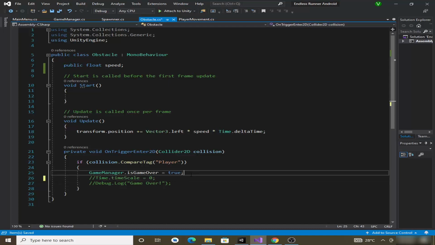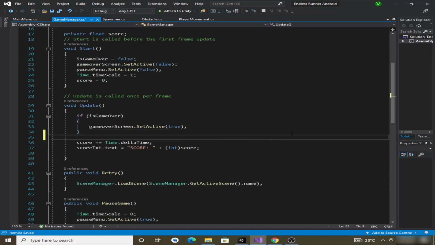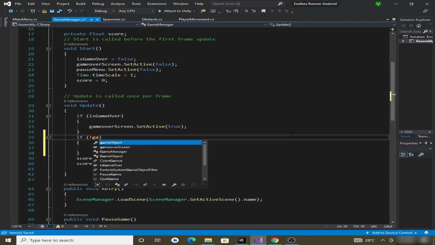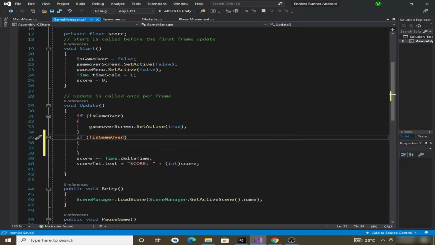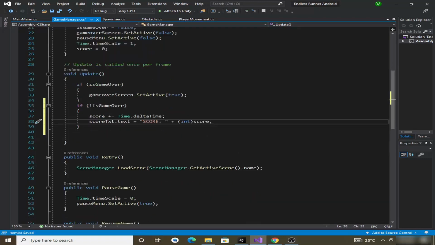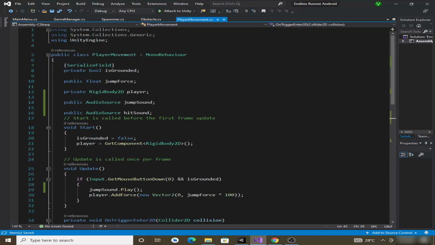Now we can go back to the game manager script, and here we can say that if the game is not over, so not the is game over. So if the game is not over, then we want to increase the score, and now we will also make the obstacle